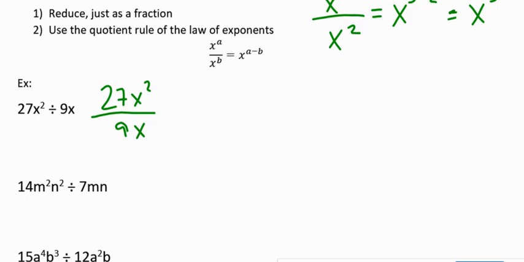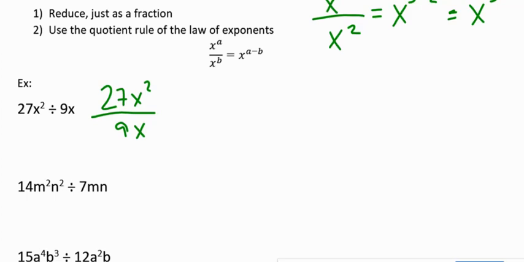So on the GED test, they make sure when you're dividing polynomials, they'll always be factorable, meaning like the 27 is divisible by 9, right? Or 9 is a factor of 27. You will never have, we'll go through an example down the line here, but you would never have like 28 over 9 on the GED test. They'll always be factorable if you're asked to divide polynomials, meaning you would get a whole number out of it,